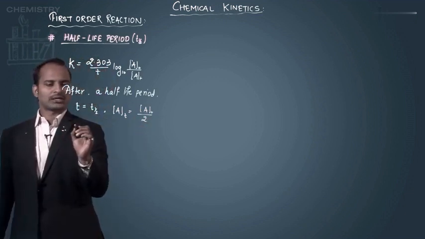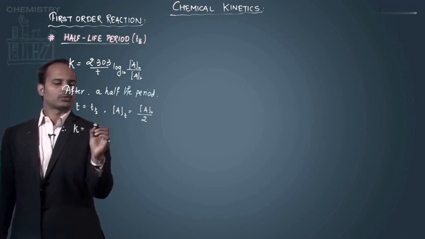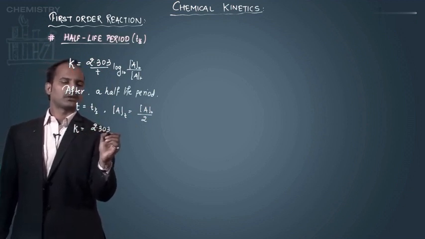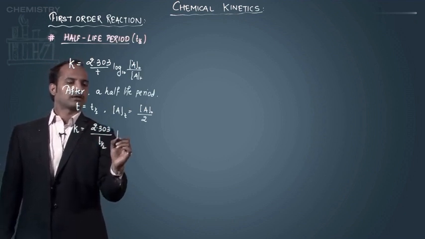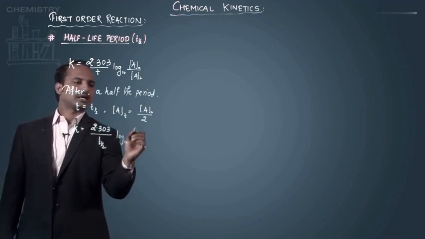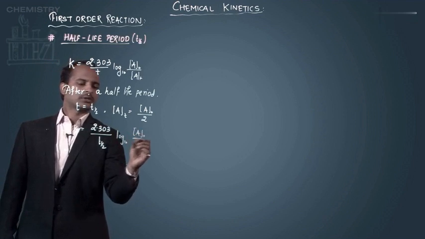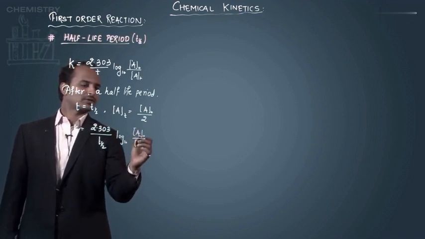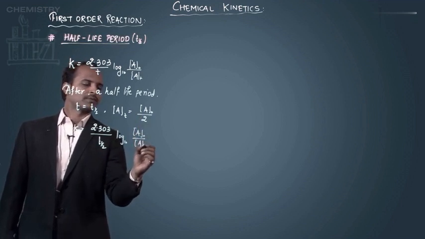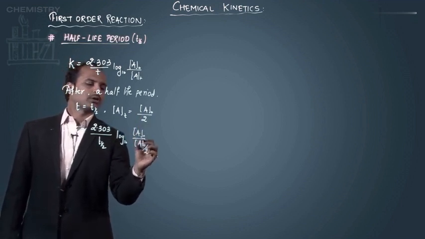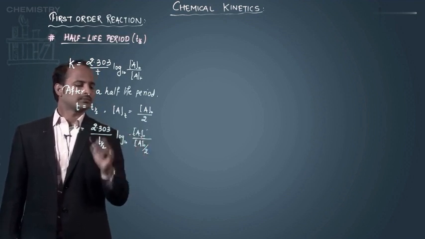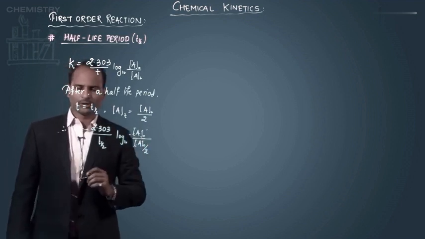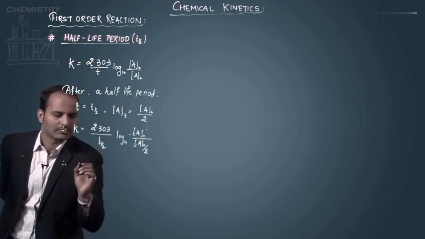So here I can say that k is equal to 2.303, instead of t I can write t half now, upon t half, log to the base 10 A naught upon At, since it is a half-life period now. Instead of At, I can substitute this value, A naught upon 2. A naught will get cancelled. Ultimately 2 will go to the numerator. So we will have k is equal to